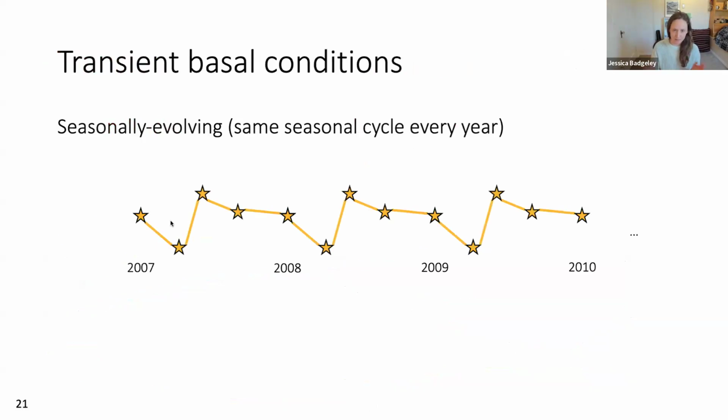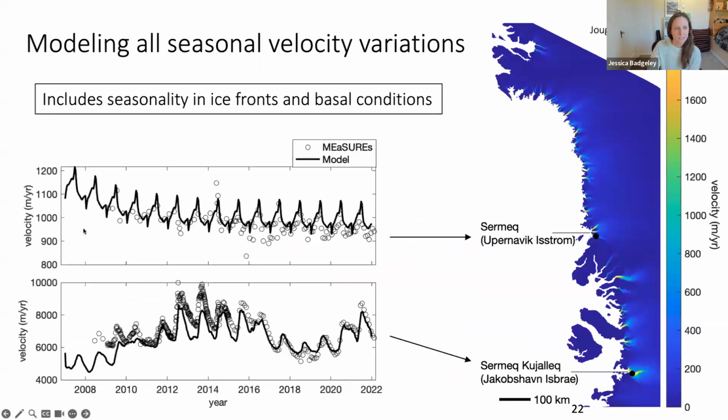And then also to keep things simple, for now I've just used the exact same seasonal cycle in the basal friction each year, so just trying to get a sense of the average seasonal conditions at the bed. And so we'll just be repeating the same cycle each year. And so when we do that, we see that now for the Pernific Istrum, where we weren't capturing any of the seasonal velocity variations before, we are now capturing at least the average variability quite well.